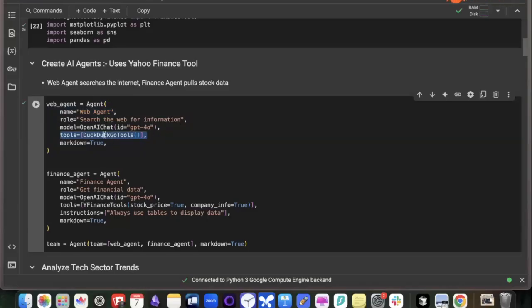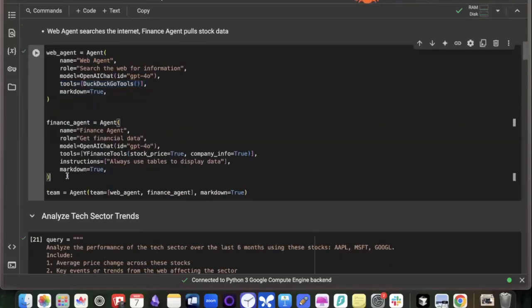This agent is going to search the internet whenever it wants to know about something. Whereas this agent is a little bit simpler: it is going to get us accurate stock price and company info directly. You might ask me, why am I using a Yahoo Finance agent? A web agent can also be used. That is true, but Yahoo Finance is more reliable and you can get quick answers more reliably. That is why we are using two agents.